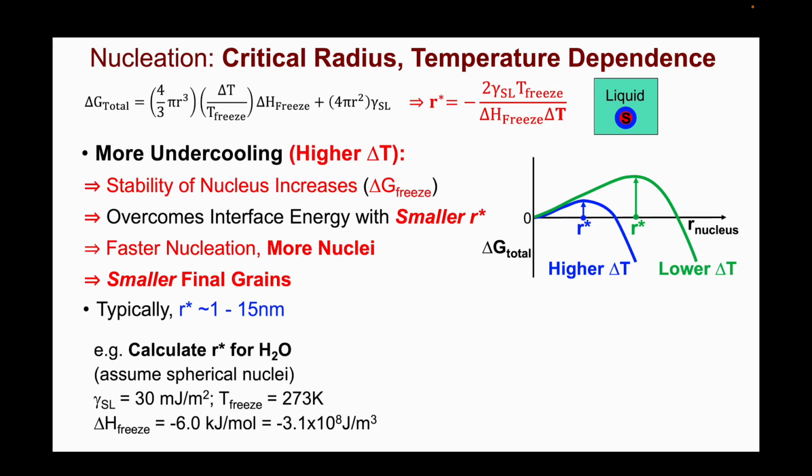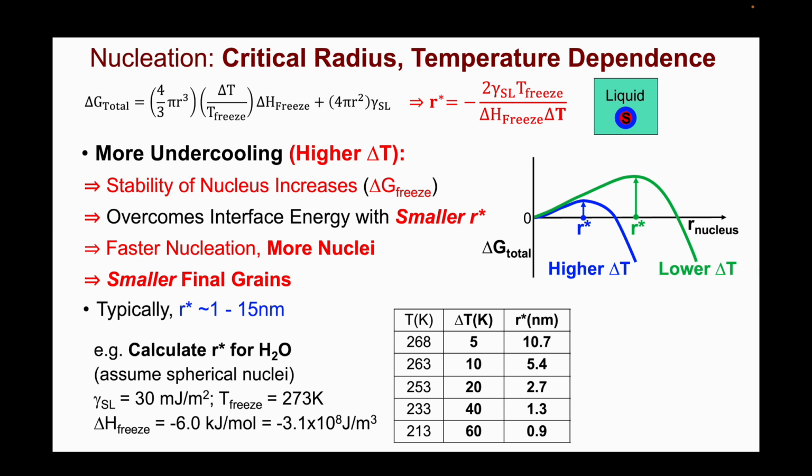available data for the energy of the ice-water interface and the enthalpy of freezing to calculate R star for the solidification of H2O. When we plug in the numbers shown here in this table, we see there is a rapid decrease in the size of the nucleus required for growth as the temperature decreases. So when we go to 60 degrees undercooling, that R star is around 1 nanometer, whereas for 5 degrees undercooling, it's 11 nanometers. Knowing the volume of a mole of H2O, we can also translate those radii into how